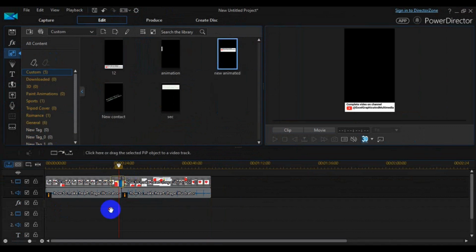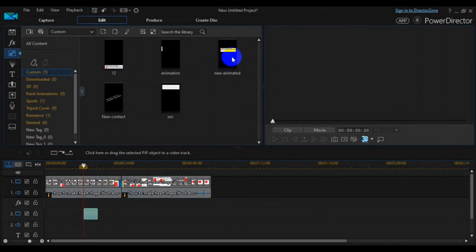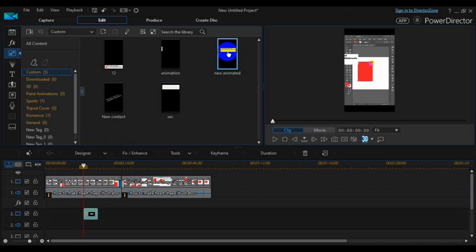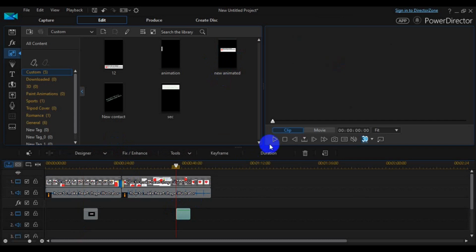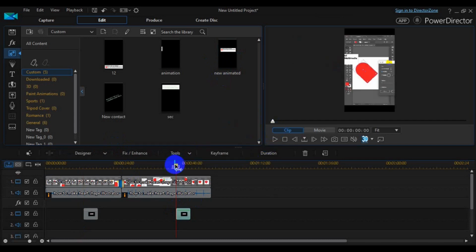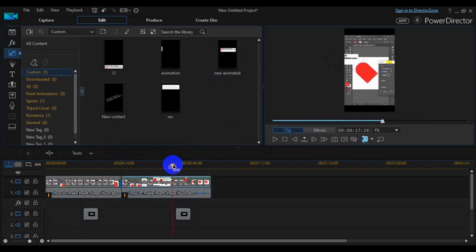So I'm going to drag this into the next video timeline. Then this is going to be an overlay, so I'm going to drag this into the timeline also. So each time people are watching my short, this is going to display on the video, and this is just to tell them that they can watch more videos about this particular short tutorial on my main channel. So that is what the PIP